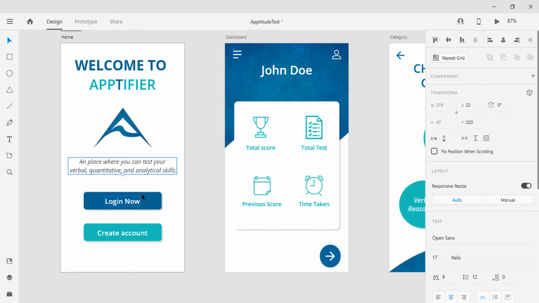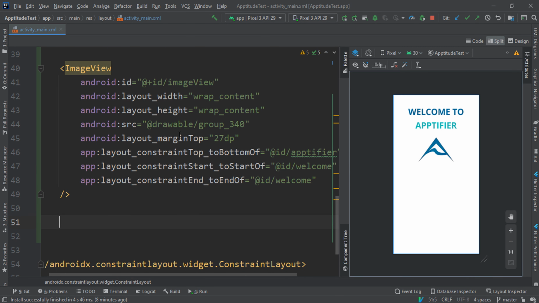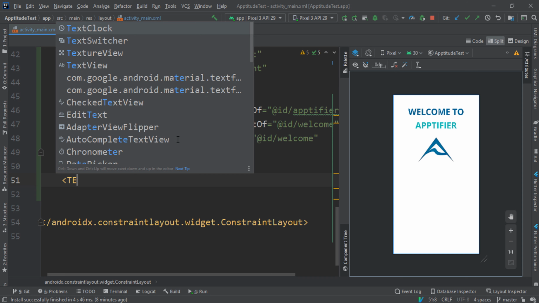Then we have the text and the button, but for the button we are not going to be using login now, because we are not doing anything authentication. We are just going to change this to start, and that's only one button. So for the text view over here,